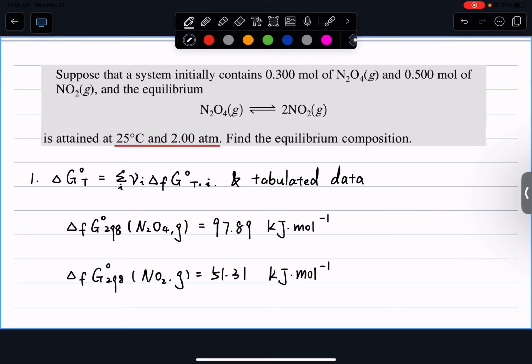Just plug in numbers, but make sure you're using the correct gas constant. We can solve for our K naught, which equals